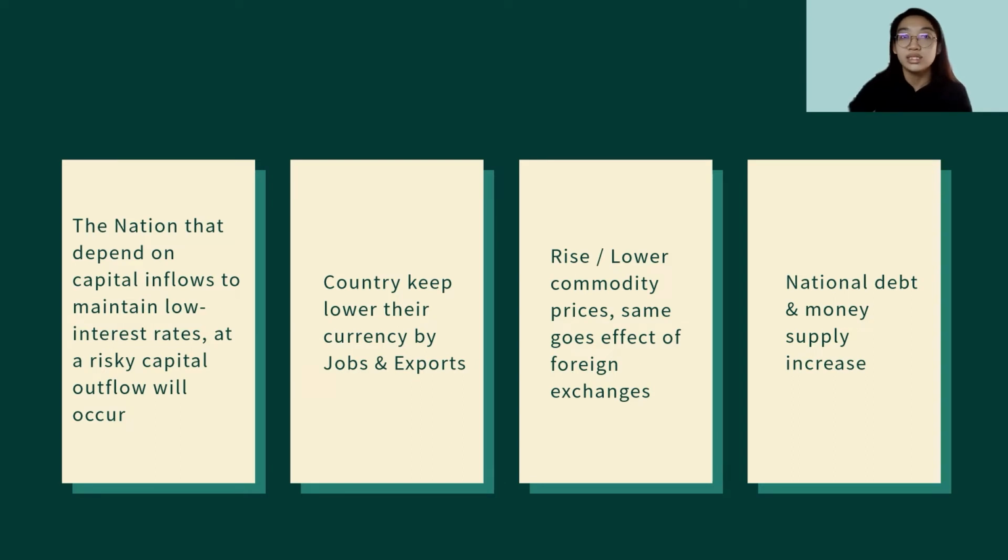The global imbalances will continue to happen if nations keep lowering their currency to boost jobs and exports. And as they increase or decrease with periodic commodity prices, the same goes for the effect on foreign exchange. Last but not least, the national debt and the money supply will increase